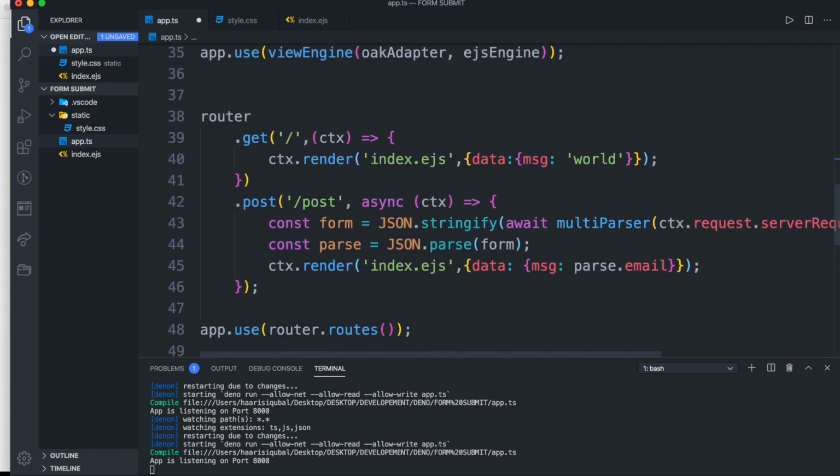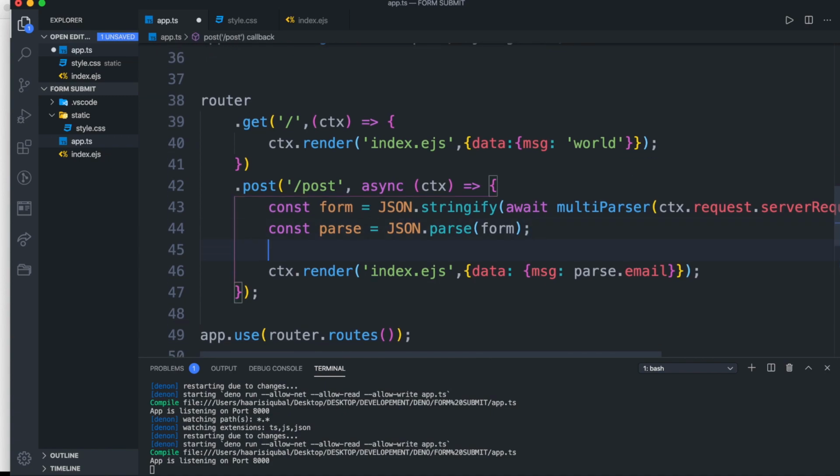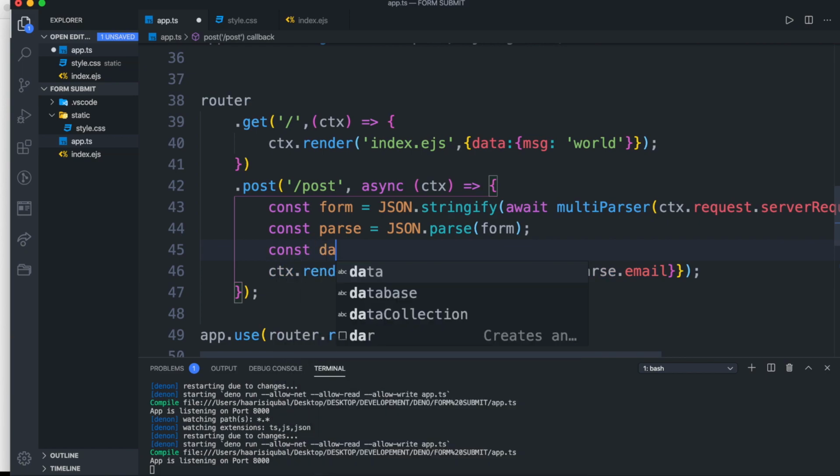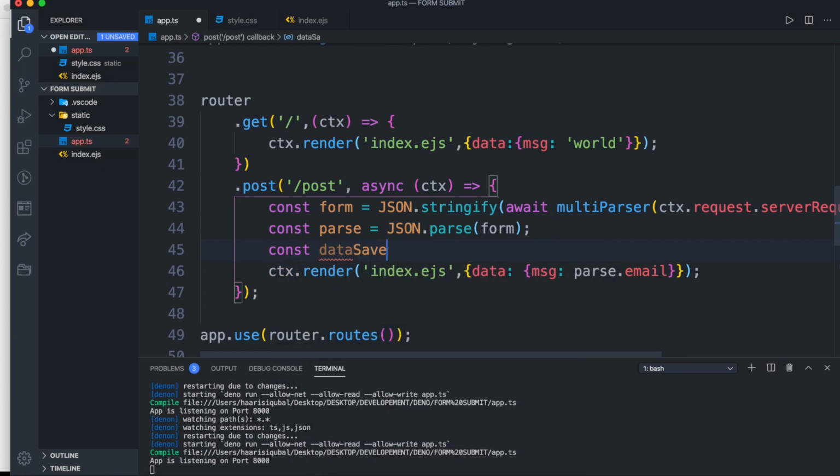Now, inside the post method, we need to add our data as const dataSaved equals dataCollection.insertOne and pass the parsed data.